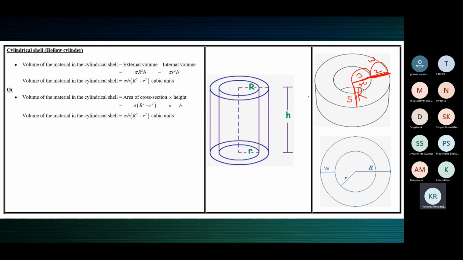So here, if you see this cylinder, I told you this kind of looks like a sellotape roll. Now the sellotape roll is hollow. Hollow meaning it's open at both ends, and you can see that the wall of the roll is thick. This is a cylinder. The wall of the cylinder is thick.